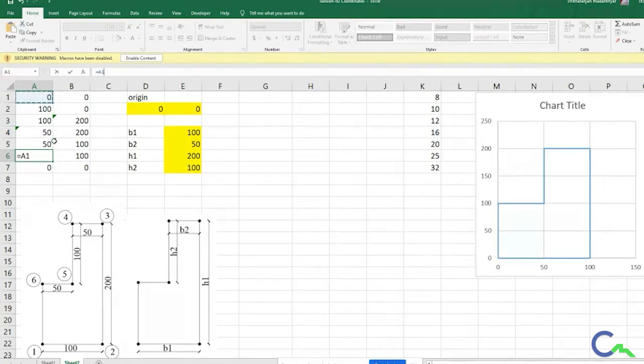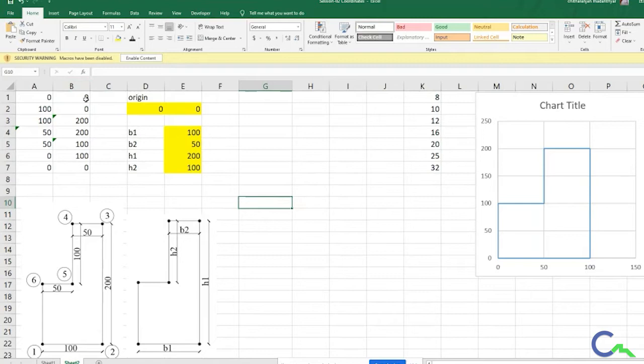Anyway, I can give the coordinate, but ultimately I have to get the final result, isn't it? The sixth node is nothing but the coordinate of the first node. The x value is the same as that of the first node. Again, the last one is the same as that of the first node.